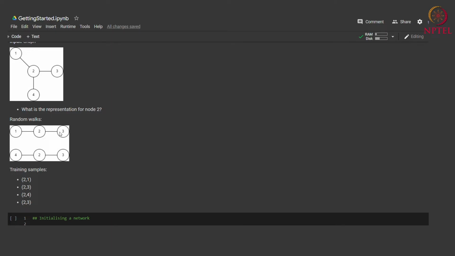So suppose here the window size is 1. So we have the training samples like this: for the node 2 we have 1 in our vicinity, for the node 2 again we have 3, then for 2 we have 4 and 3 again, based on these random walks. Then we use these training samples to learn a skipgram kind of strategy in order to learn the representation